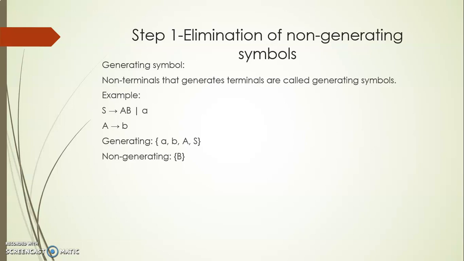Next step is you have to eliminate the non-generating symbols present in the grammar. Eliminating in the sense you have to remove that option, and also if any production exists for it, that has to be removed from the given grammar. Here there is no expansion for B, so nothing to eliminate there, but B is present as one of the options for the production S, so we are eliminating it. After removing the non-generating symbols, the grammar looks like this. It consists of only S tends to a, A tends to b.